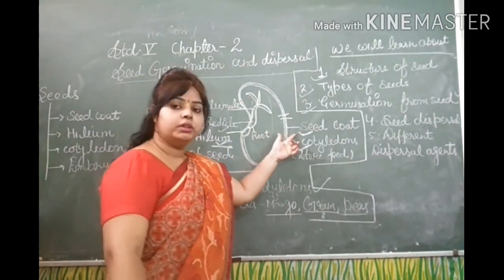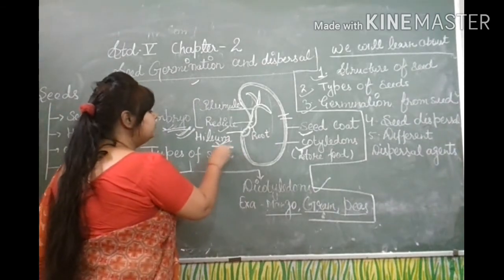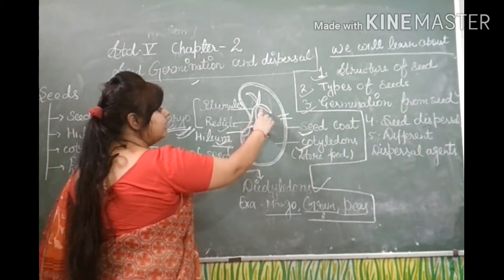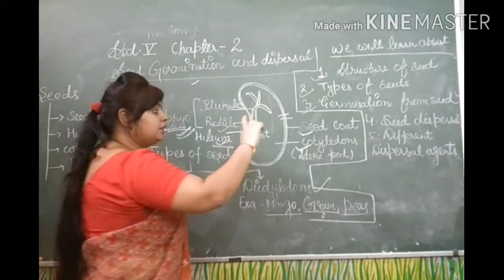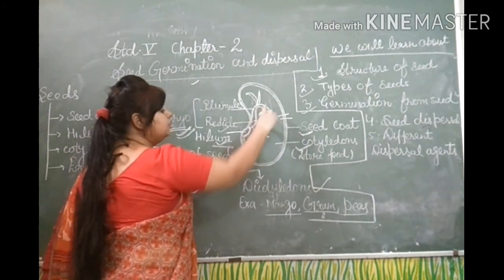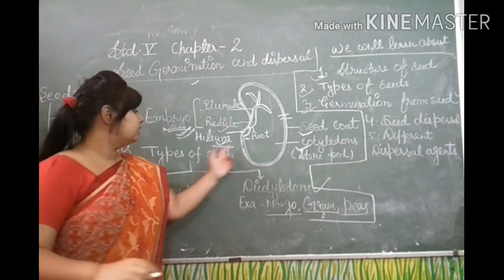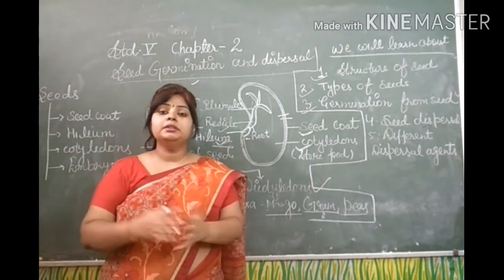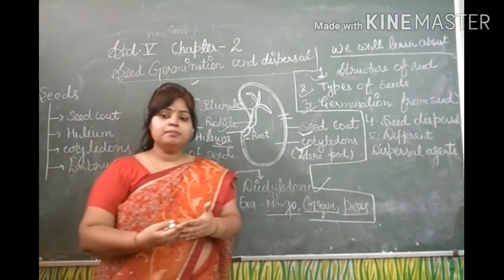First is seed coat. Next is hilum. Hilum is the second part of the seed. All of you observe that the seed has just a teeny portion inside it. Inside, just under the teeny portion, there is a dot-like structure. The dot-like structure is hilum. The main function of the hilum is that it absorbs the water for the young plants.